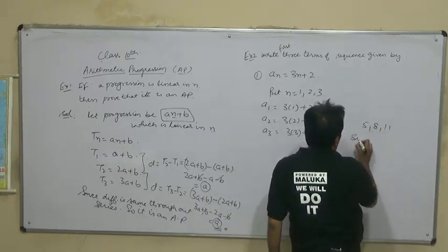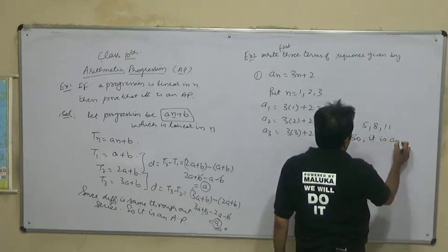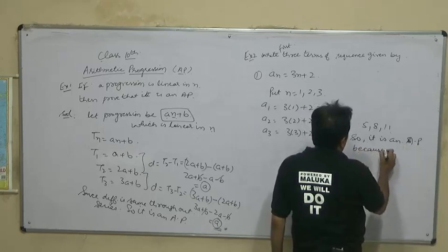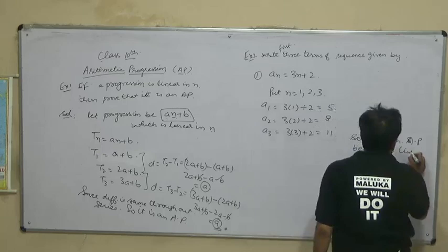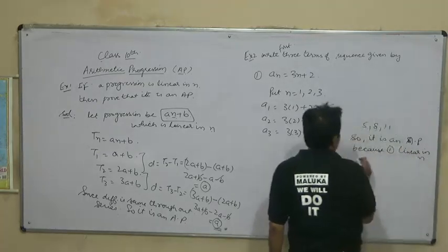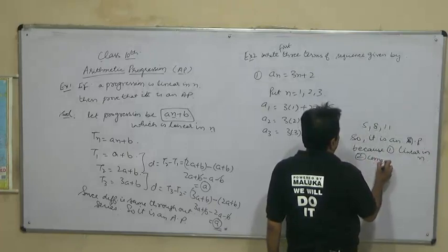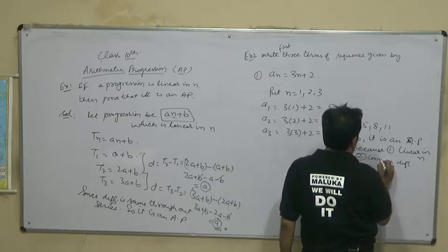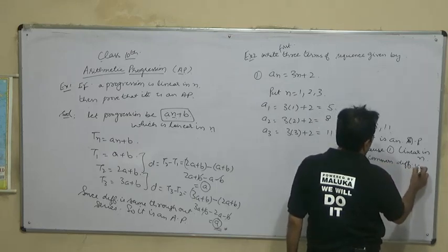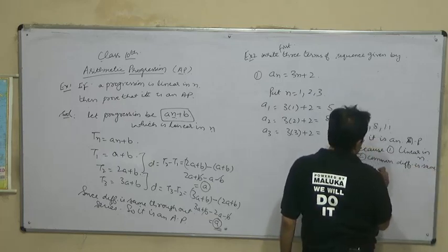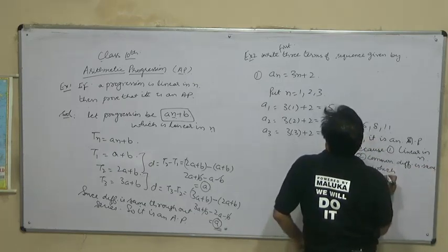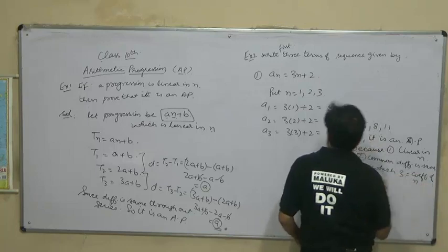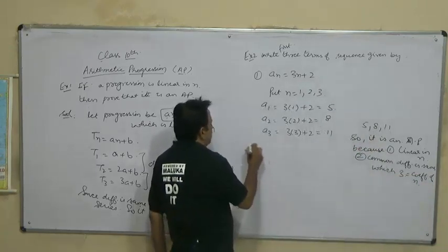So you can check it is an AP because, first, it is linear in n; secondly, the common difference is the same, which is 3, equal to the coefficient of n. Okay. The second sequence is given by